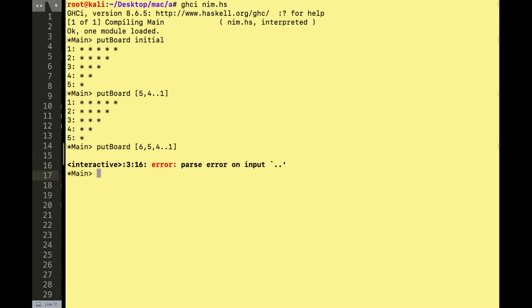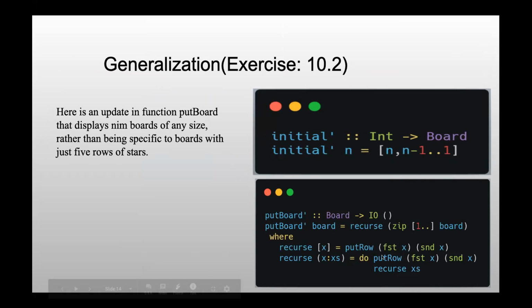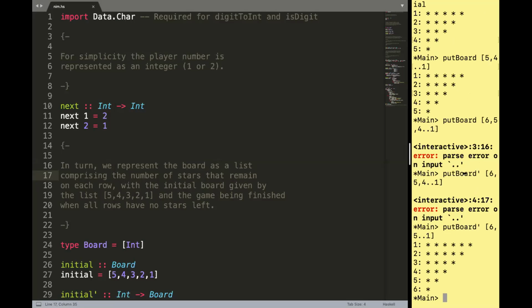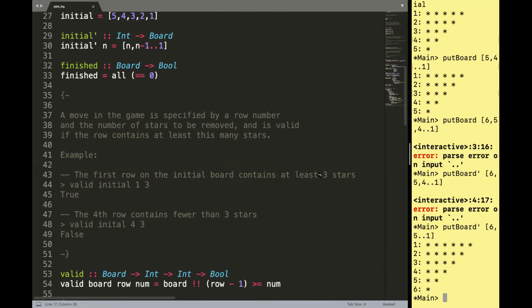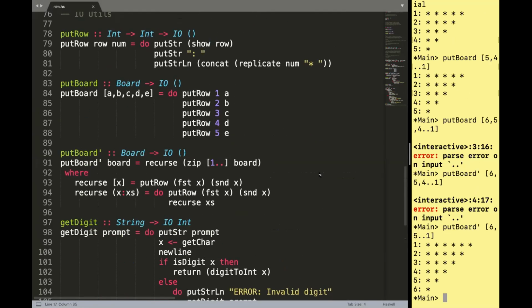So I have updated putBoard. So it is showing for the 6 also.